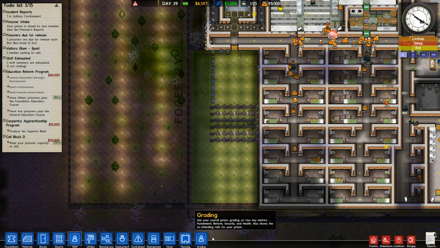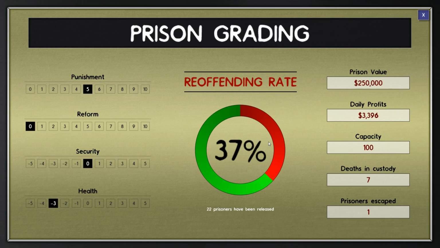Let's also look at our grading. 37% reoffending rate. Could be better. Health of our prisoners pretty bad. 7 deaths in custody. That's not great either, but